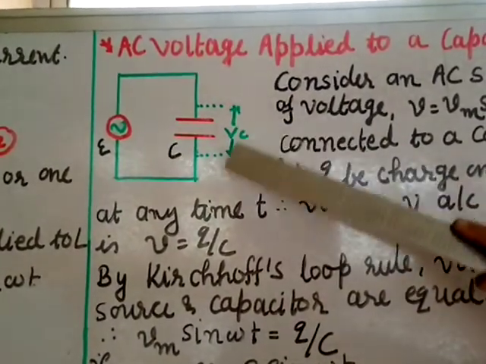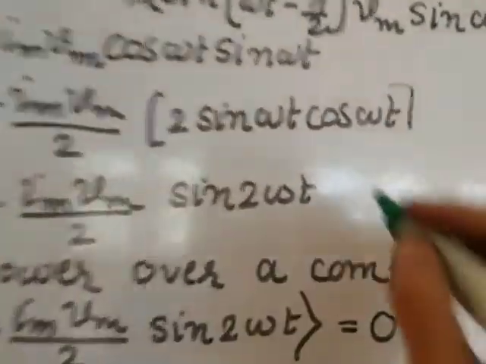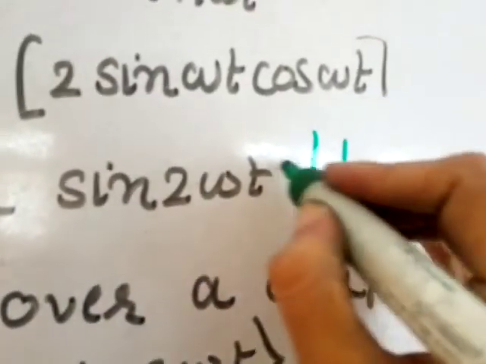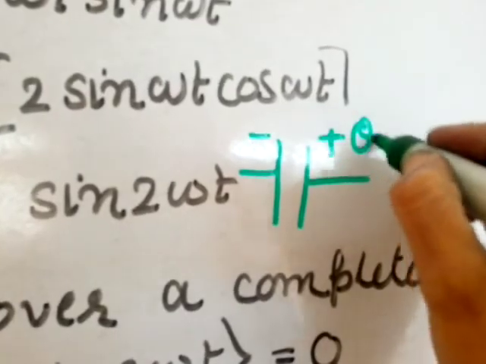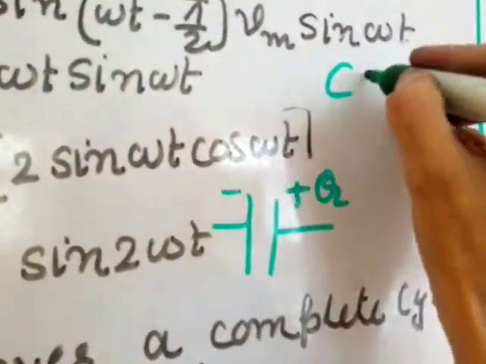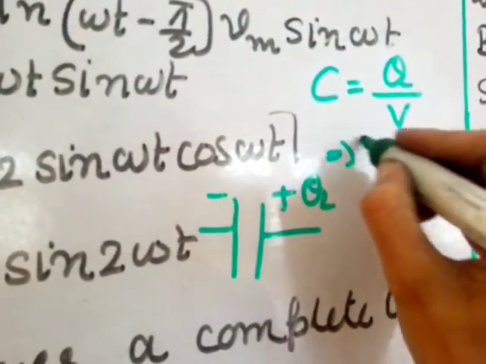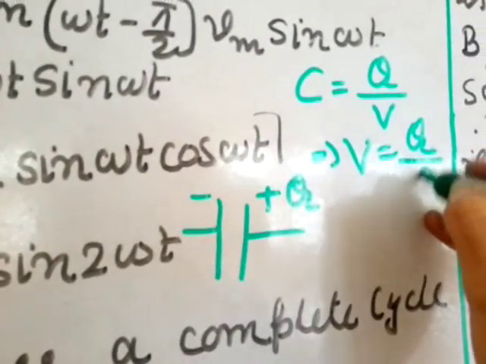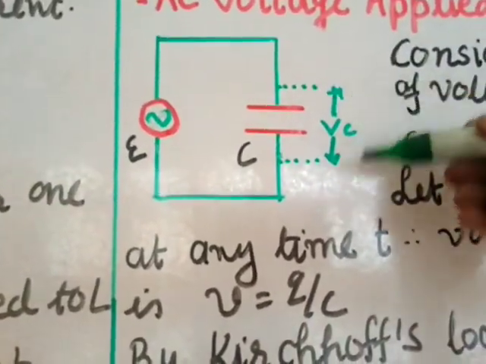The voltage dropped across the plates of this capacitor is Vc. We know that a capacitor has two parallel plates. One plate is positively charged, one plate is negatively charged. Suppose the charge on these plates is Q, then the capacitance of the capacitor, given by capital C, is equal to Q divided by V. Interchange V and C, then you get V is equal to Q divided by C, and it is the voltage dropped across the plates of the capacitor. So that is this Vc dropped across the plates of the capacitor.